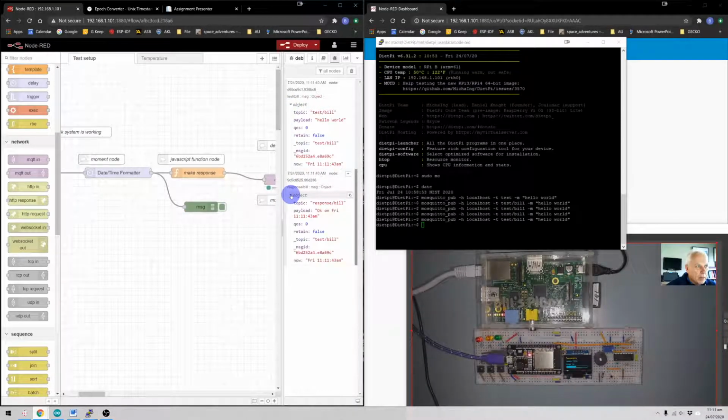Let's see, what have we got? There it is. What I've got here is the message coming in and the message going out, both of them appearing on my debug node. Now, what's coming in is test/bill as a topic, and the payload is hello world. What's coming out as the topic,